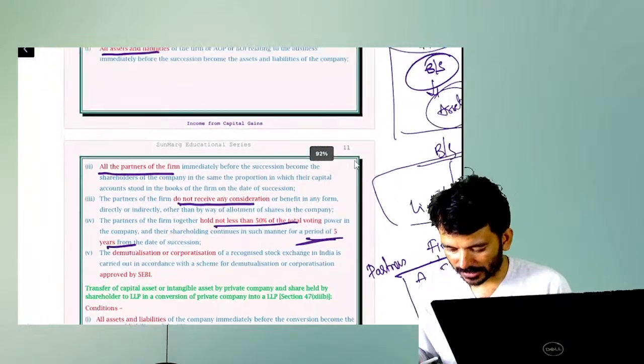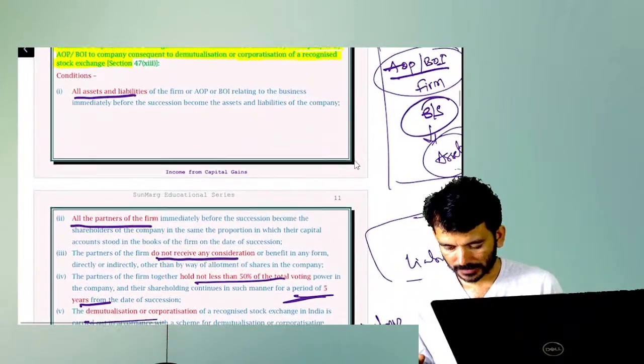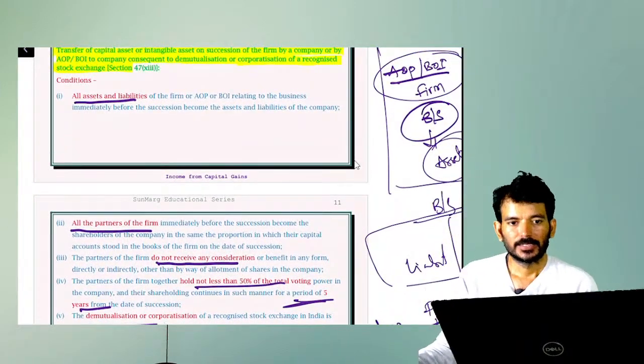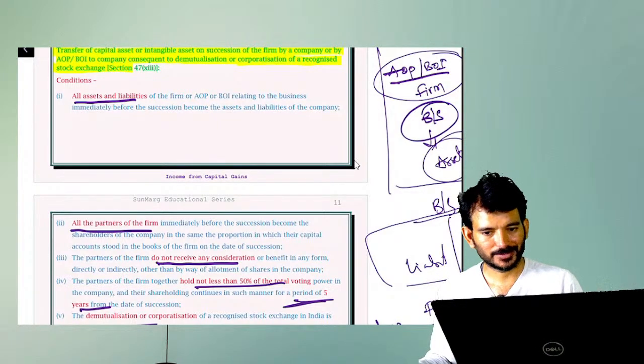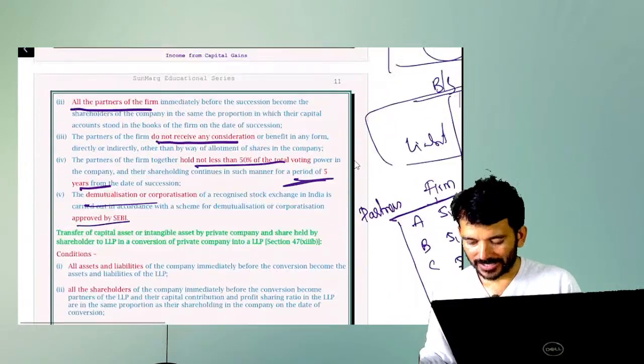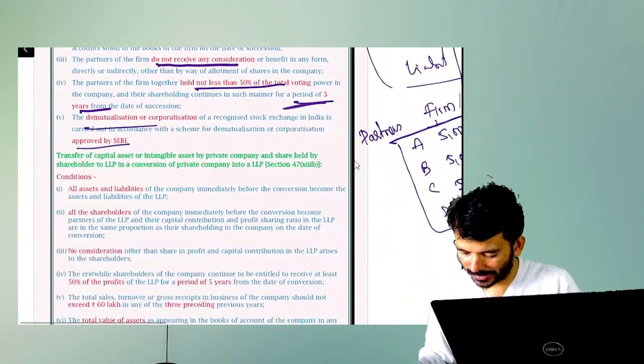Any question, guys, with respect to this? Any question? Sir, why are you teaching all this? Don't say that. We don't know when a question comes and how the question comes. See, once you understand this, there is again